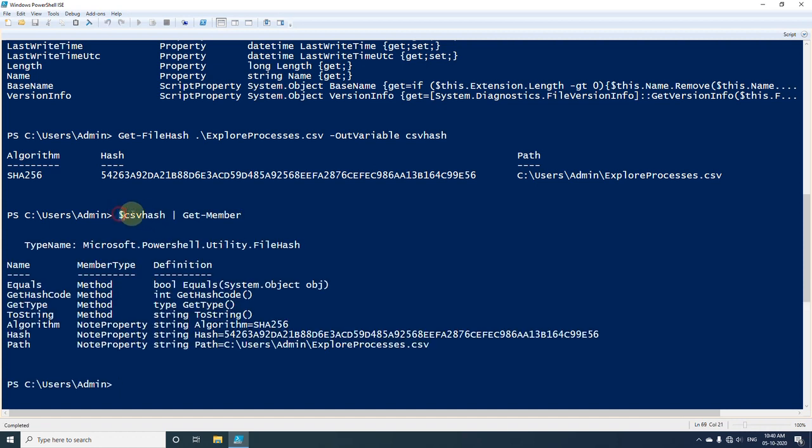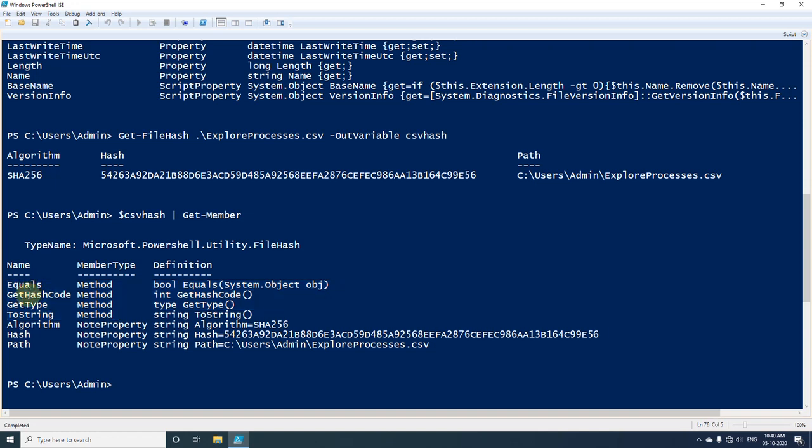Now after using the variable name, again I have used the Get-Member commandlet. This variable is also nothing but an object, and using this commandlet we are trying to fetch all the members of this object. So let's check what all those members it contains. So these all are methods. What else can we do with this object?